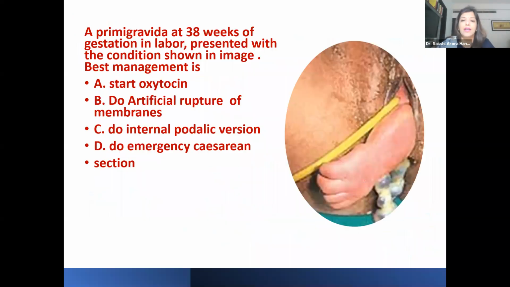Now, next question is, a primigravida at 38 weeks of gestation in labor presented with the condition shown in the image. Best management is. So what you are seeing over here in the image is that hand of the baby is prolapsed, right? So it's a case of hand prolapse, and I can see that the cord is also lying outside. So most probably this was a case of transverse lie, and in transverse lie, this patient was made to